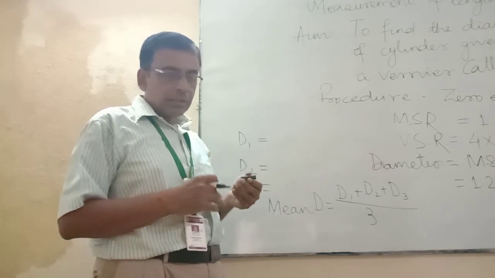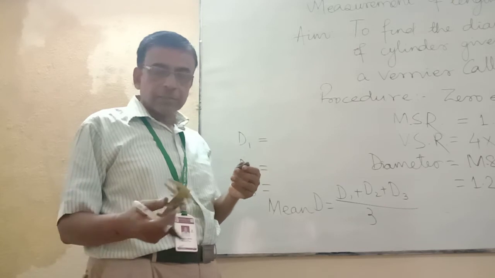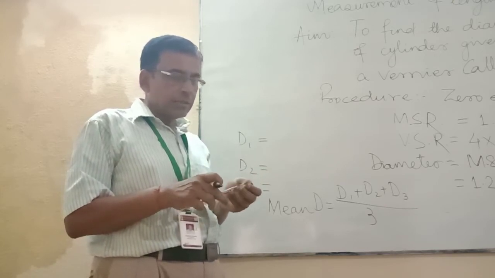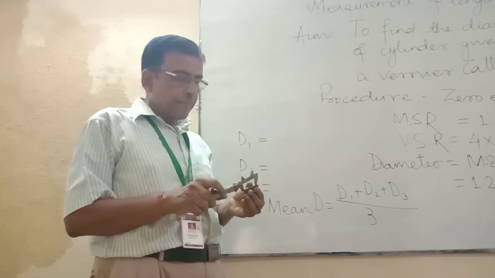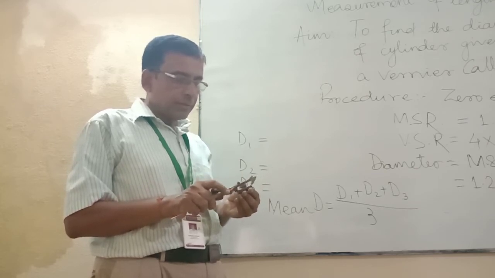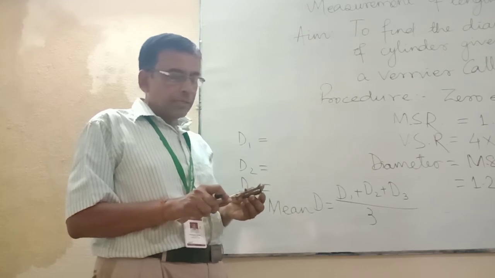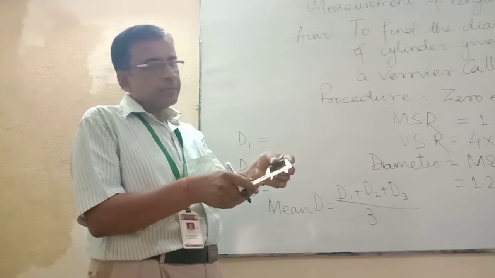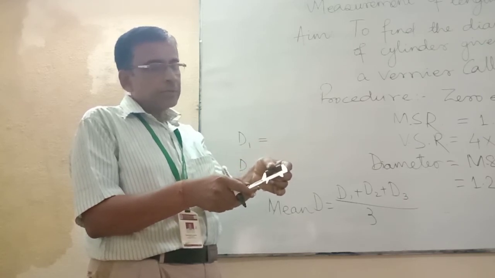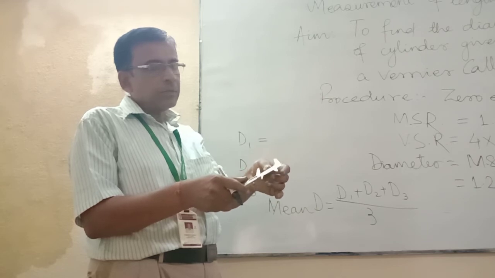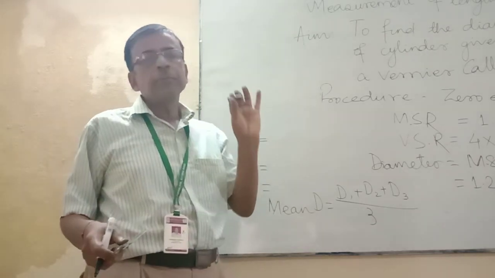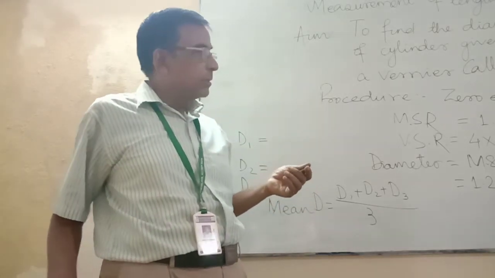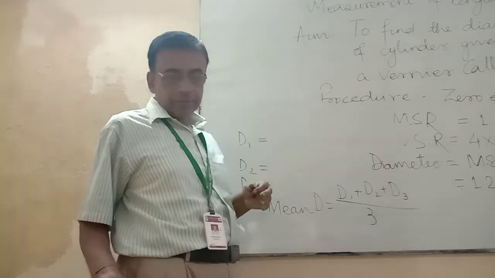Then the length. You can find the length of the cylinder using this one. No problem, because this is a very small length. You can also find it out using this one. Okay, it is also comfortable. So again, by using the same principle, you can find out the length of the cylinder. So multiply pi r square into L, and this will be the volume of the cylinder, if it is asked. Sometimes it is asked in a question that you find the volume of the cylinder.